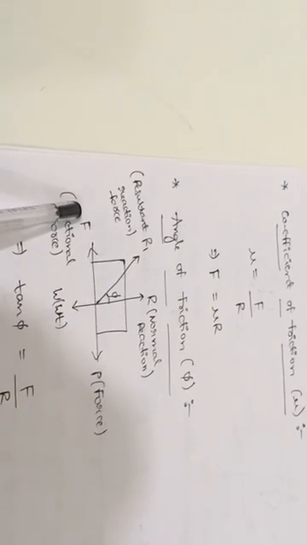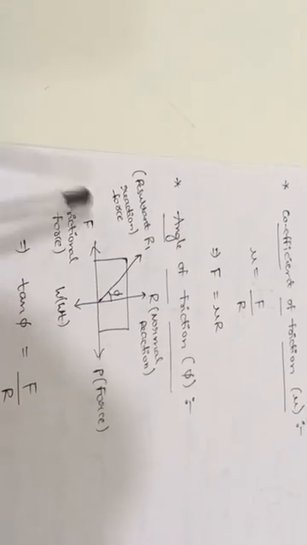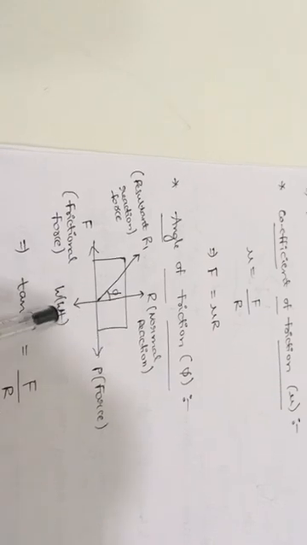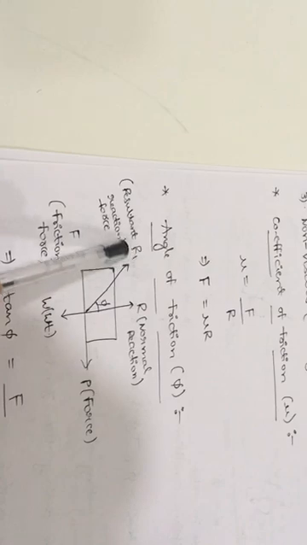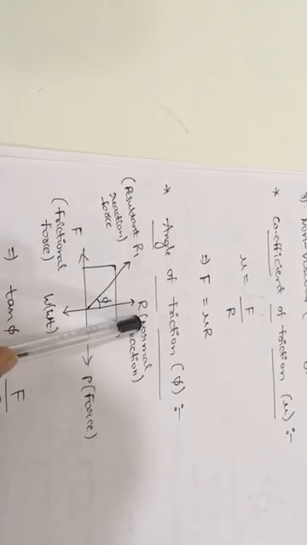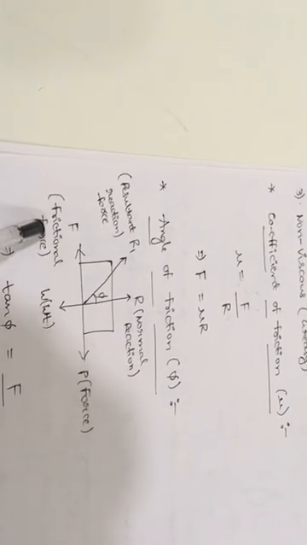So we will get the frictional force towards the negative x direction, and for any body, weight will act in the downward direction, and normal reaction will act in the upward direction. So this body is in the equilibrium condition, and here R1 is the resultant force of R and F. So the angle between the normal reaction and the resultant force of normal reaction and frictional force, that angle is nothing but the angle